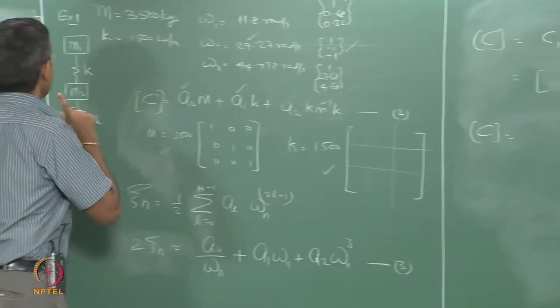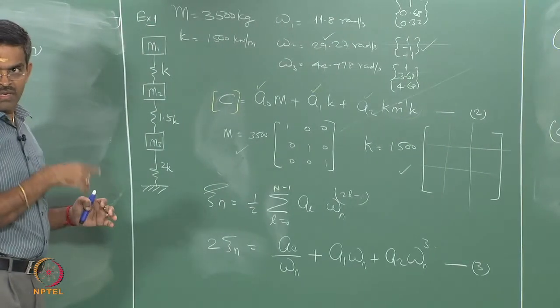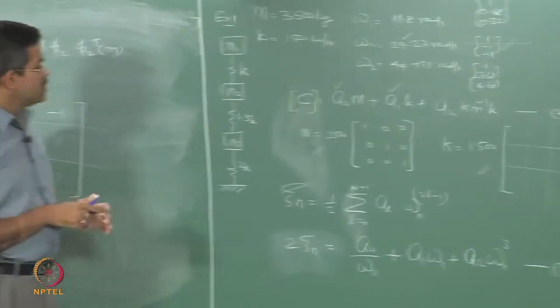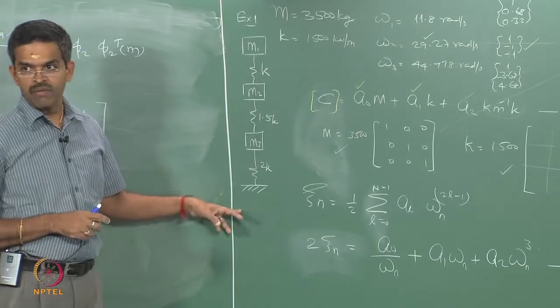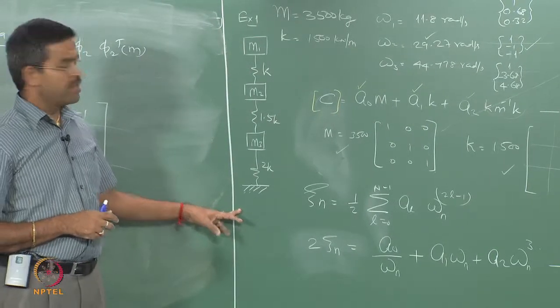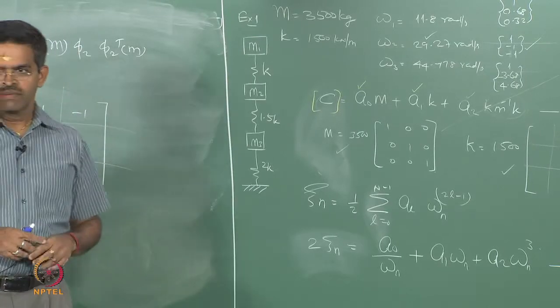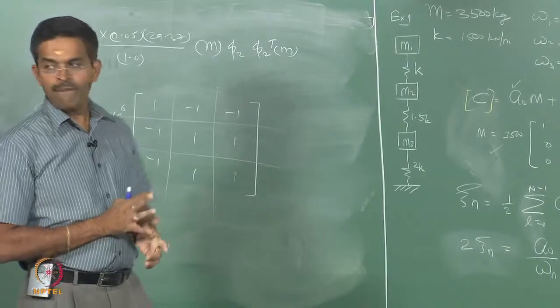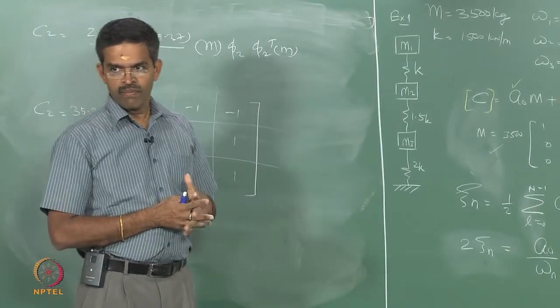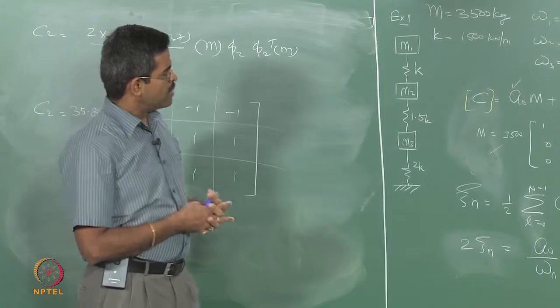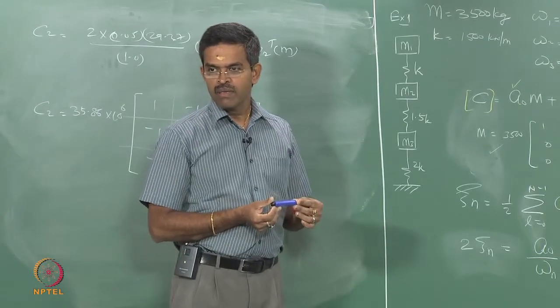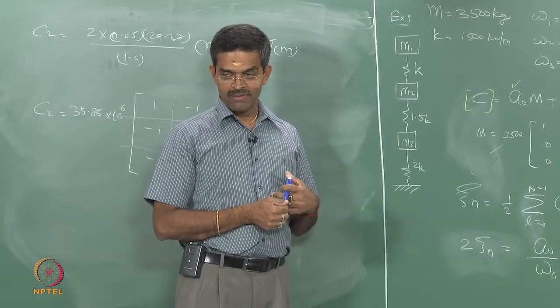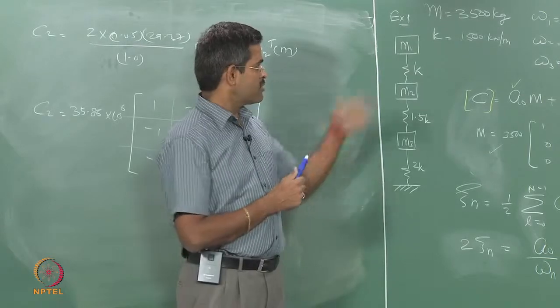Initially, the system has 3 degrees of freedom. I think we go back to the first lecture. Do you all believe the system has 3 degrees of freedom? Yes. How can you say that? I am not getting you. I have not heard any one of you. Why are you saying it has got 3 degrees of freedom?